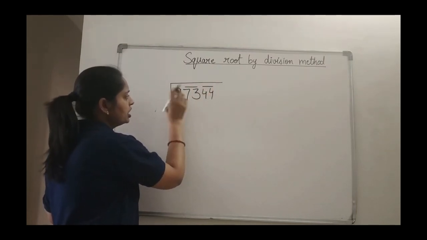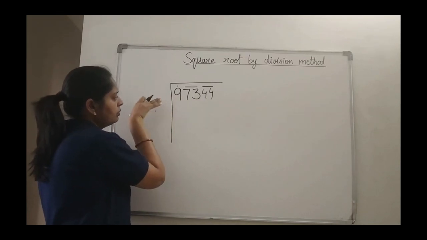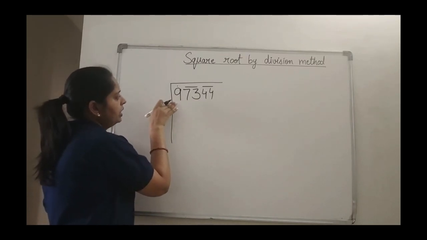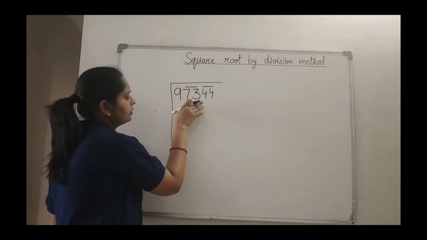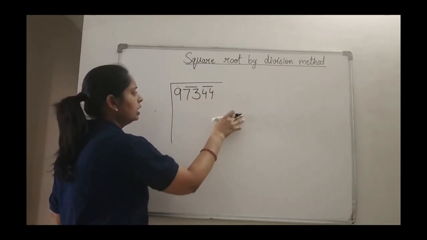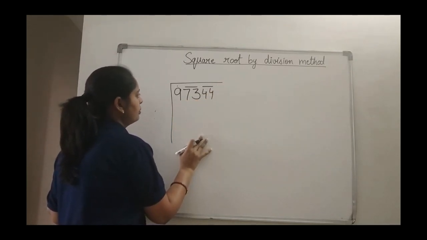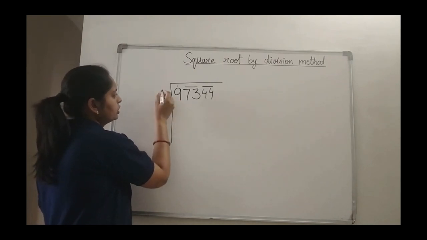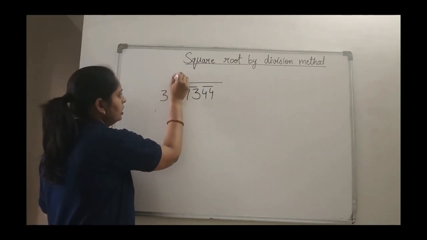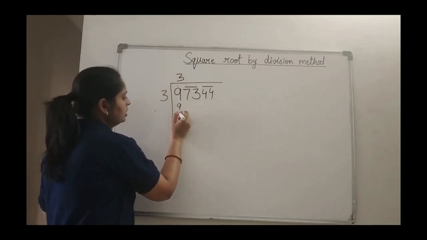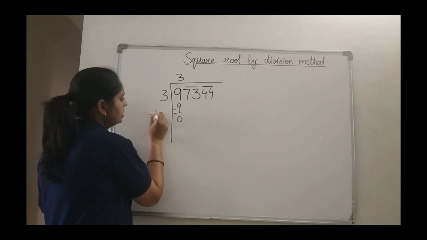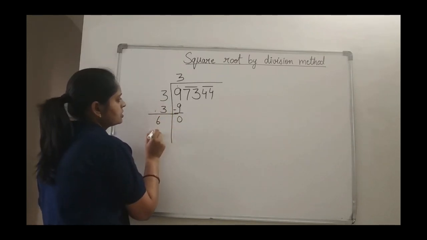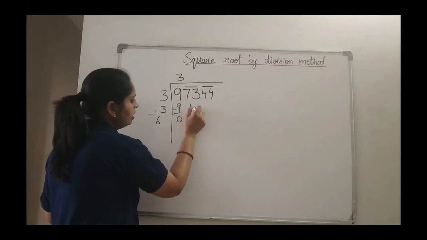If you are changing the pairing, if you are doing pairing from this side, like you have made the pair of 97, then 34 and then 4, then the question will be totally wrong. Pairing is very important. You have to follow this. Then see, 9 is there and it is a perfect square. So again, directly you can go for 3 3s is 9. Subtraction we have done, right? And this side 3 plus 3 will give you how much? 6. Okay. And next pair will come down.